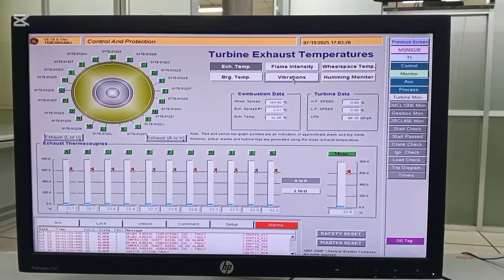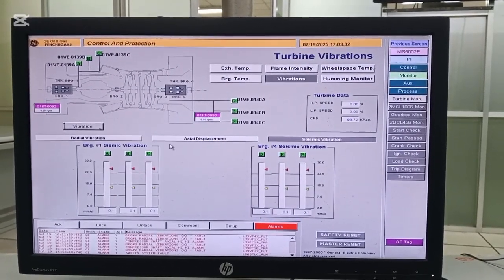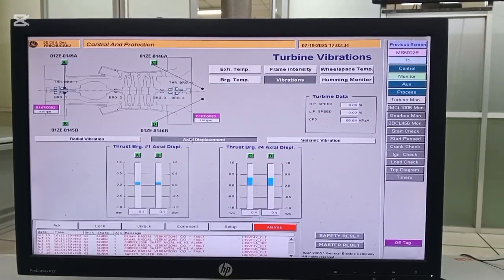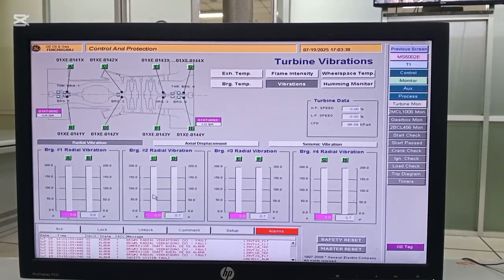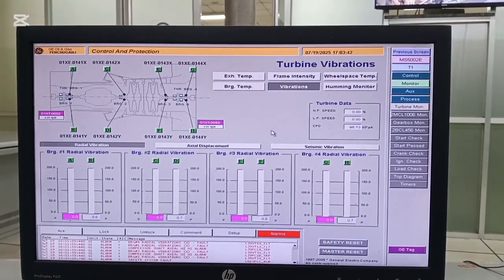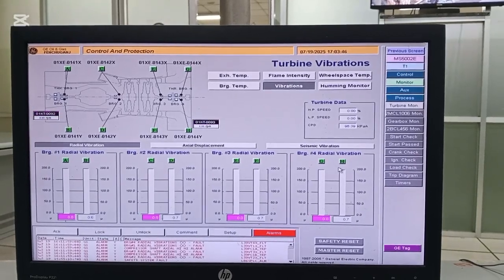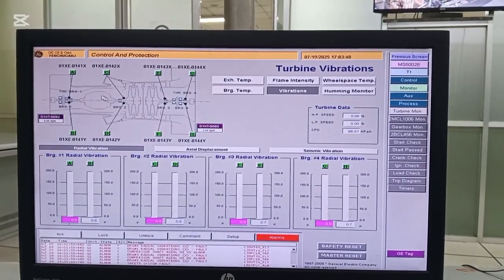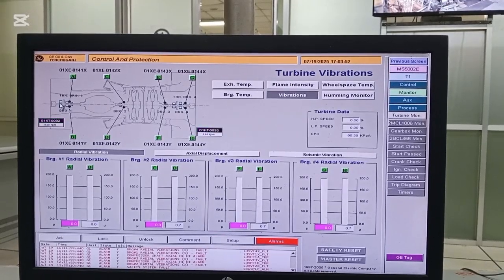In this way we took a decision that for this vibration unit all the parameters were showing wrong. After finding this problem, to identify the main cause,